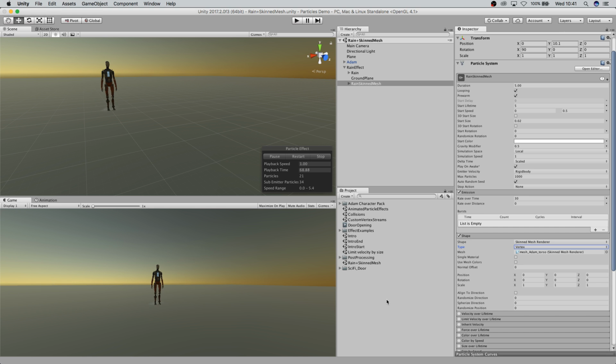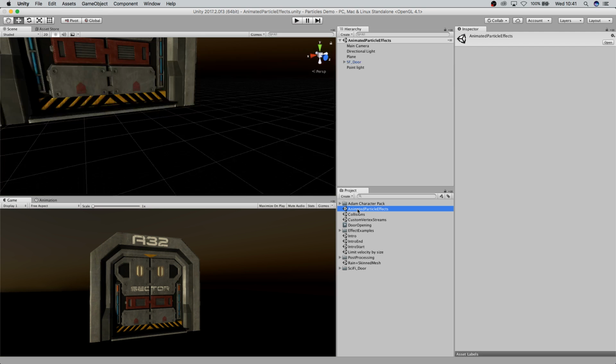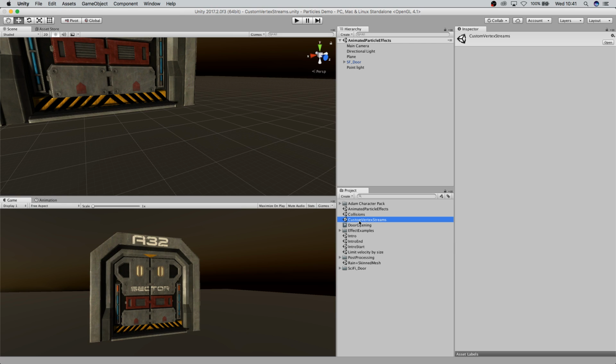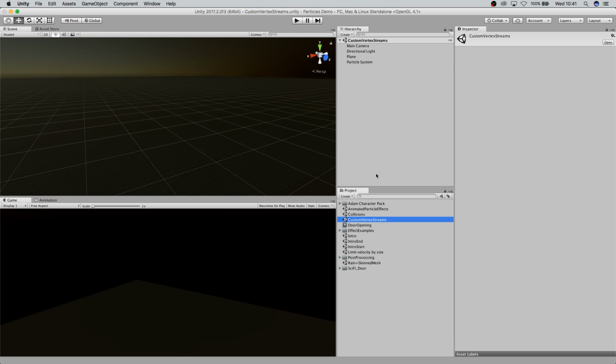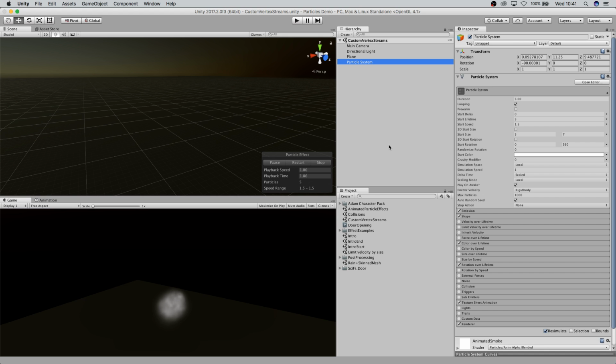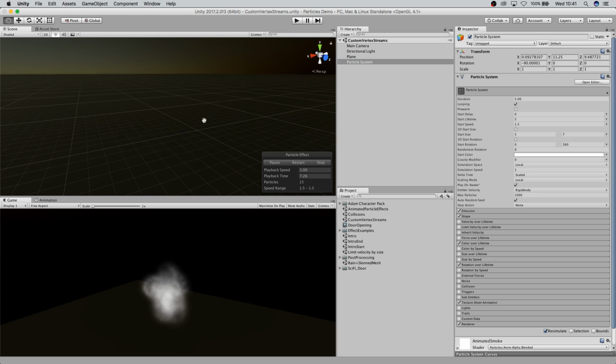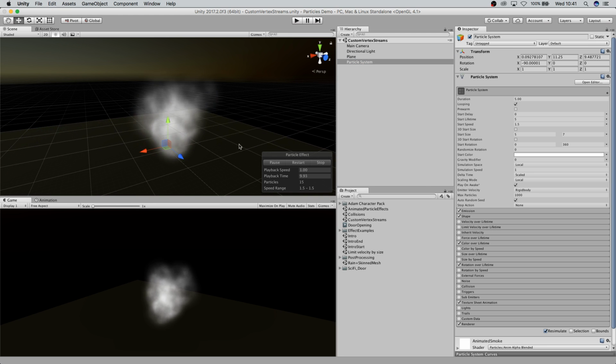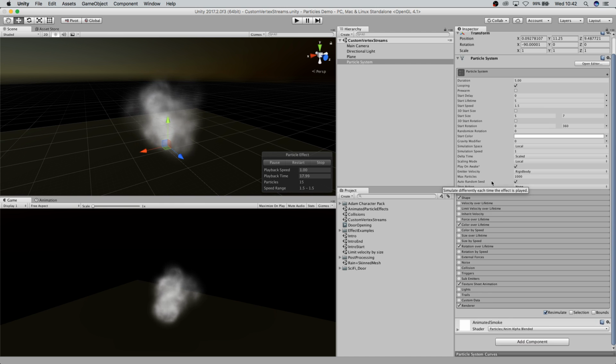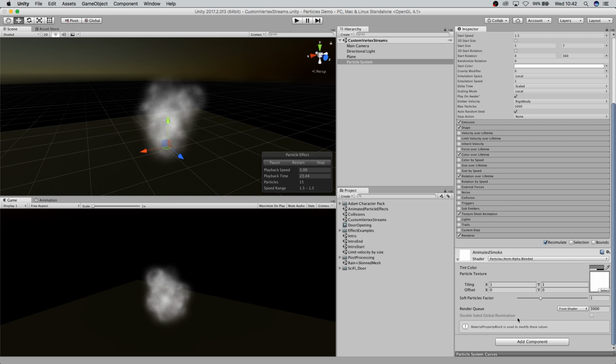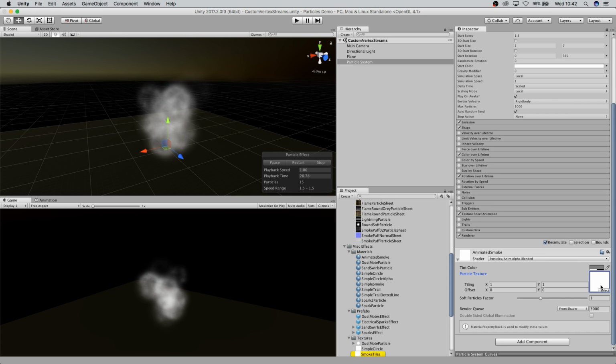Okay, so next up on the list, I have animated particle effects, kind of animated texture effects. So I have a particle system here that's using a very specific material that comes bundled with Unity by default. And if you're not familiar with how it works, if you set it up, the defaults won't actually look quite right. So this is the Anim Alpha Blended material,